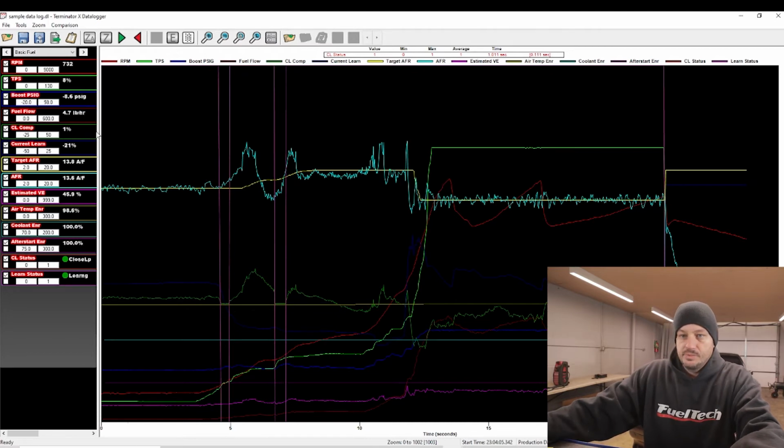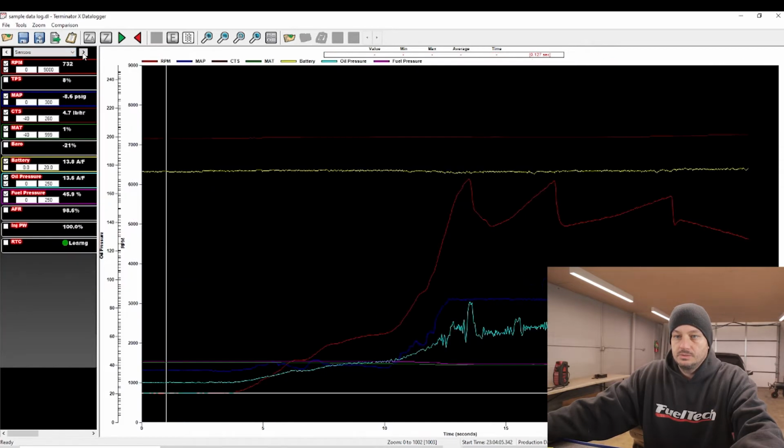So now that we have our log open, if we look over on the left, these are all of the channels that are active and currently on the screen. If you click on these arrows left or right, you can go into